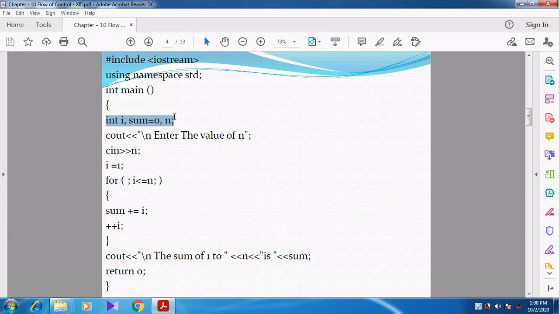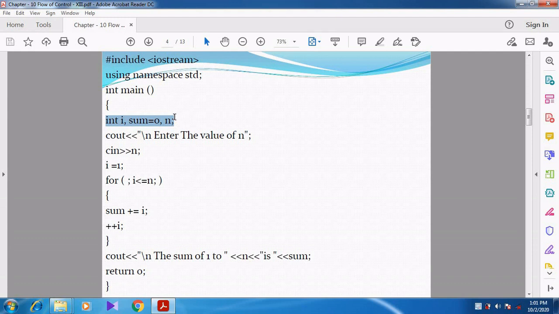For example, if the user gives 5 as the n value, I am going to find the sum of 1 to 5. If the user gives 10, I am going to find out the sum of 1 to 10 numbers. Can you understand, students?